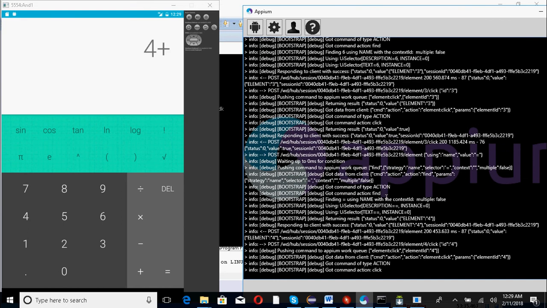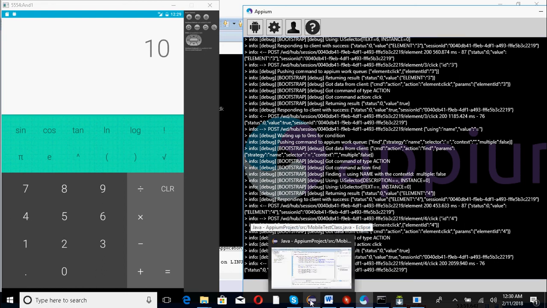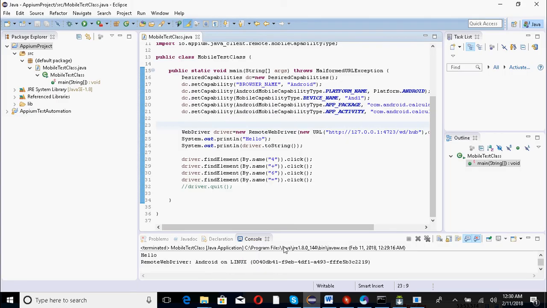Now it will click on 5 plus sign. It did. And it clicked on 6. The total came 10. Okay, so script execution completed. If I go back to Eclipse,